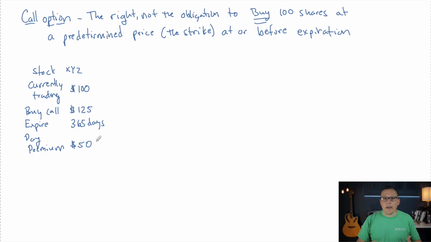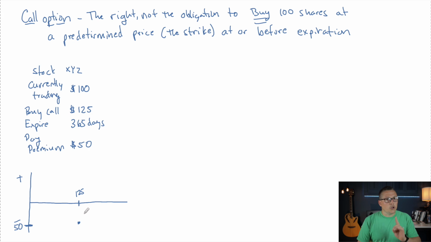So now if we look at our potential profit and loss, we would see as the buyer of this call option, we would see something like this. This would be our profit. This would be the current price of the option. This is profit and this is loss. Now, when we are the buyer of an option, we have a very, very fixed loss. The most amount of money we can lose is the premium that we pay, $50. Now, once I get to the strike price, the price that I chose, $125, I then start to work